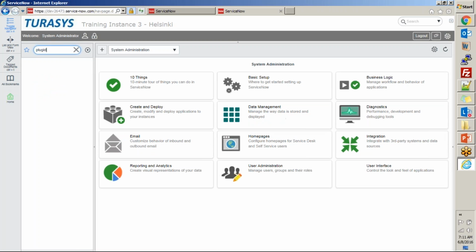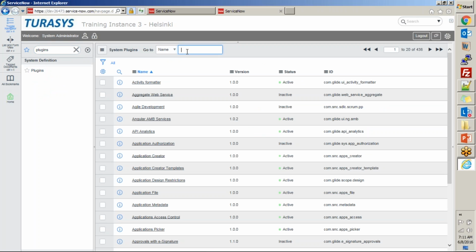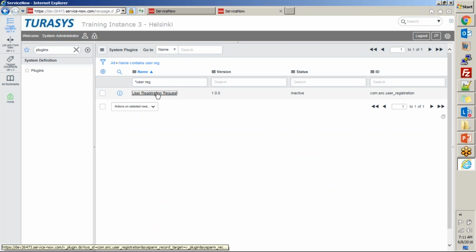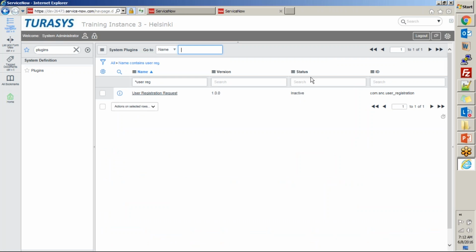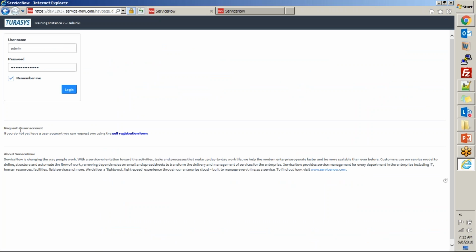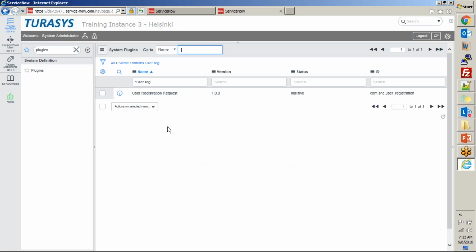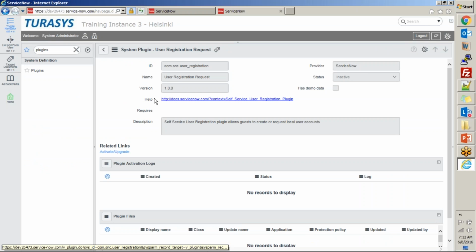I'll directly go to plugins, search plugins, and this is the other instance, and I'll search user reg, and I get this. The status of it is inactive right now. If you have seen this, the status of this plugin is inactive. That is the reason why you are not able to see this request a user account link on the login page. Let's go ahead and activate this plugin.